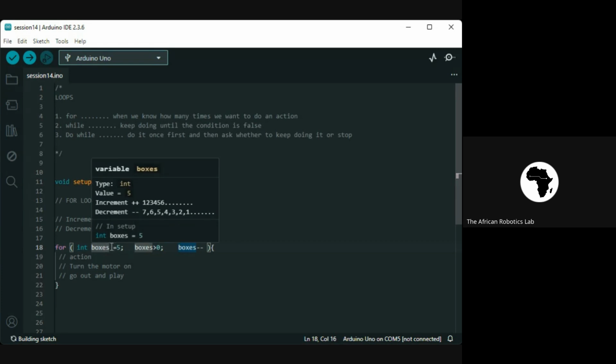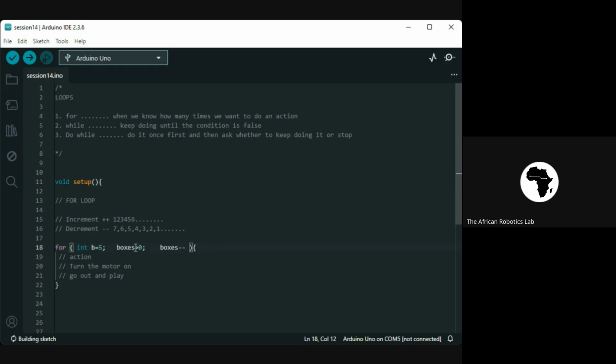And let's take boxes off. Let's use b. So now I believe everyone is good. Now we're using the letter b for simplicity. So instead of using boxes, we're going to be using b. And yeah, we can use any letter. Usually so many people use i when they are learning